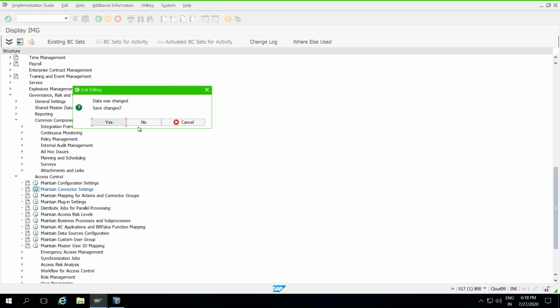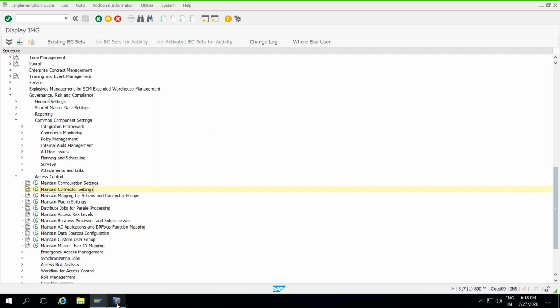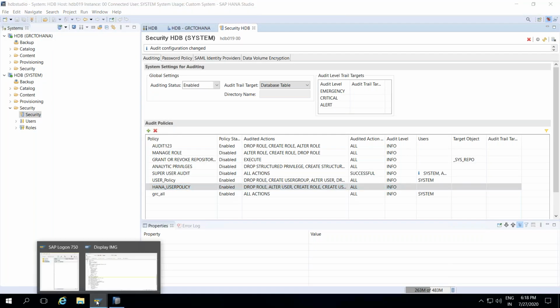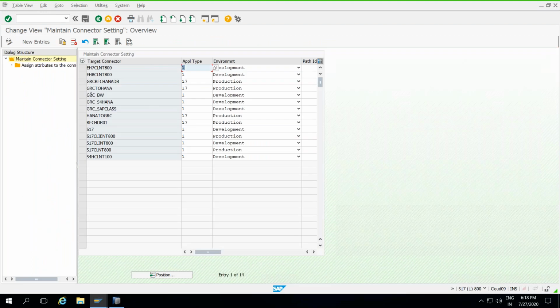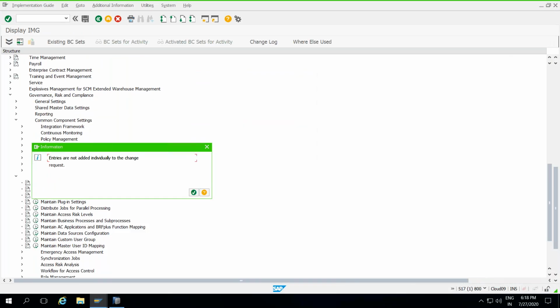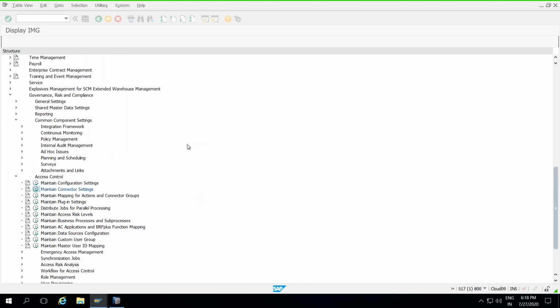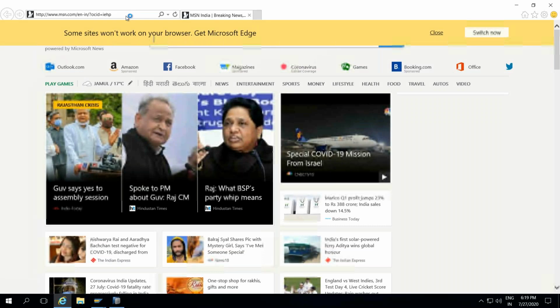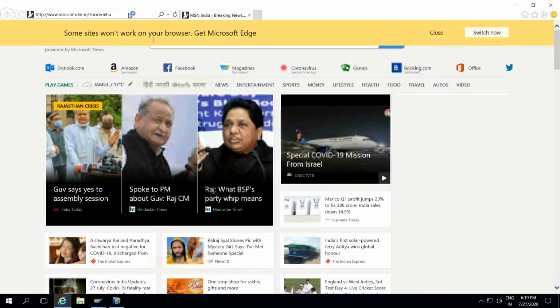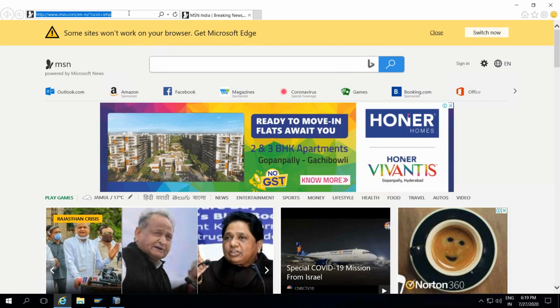You want to know what the URL is, so once again I'm checking the URL. Yeah, I already have some connection details, I can check that. Pressing the URL. Yes, this is the URL, and you have to cross check it. How do I cross check? Open any browser and check it, because the firefighter user connects to HANA DB only through the web ID. So this is the URL.